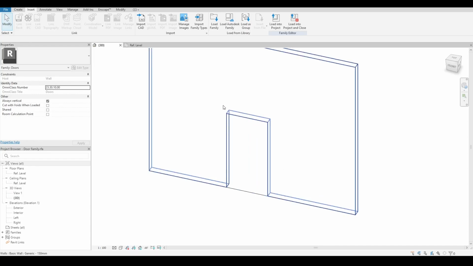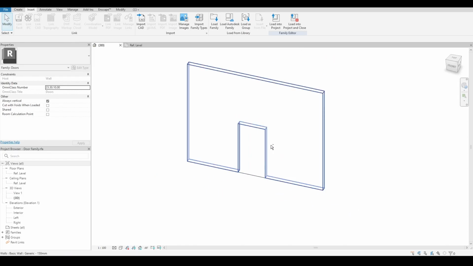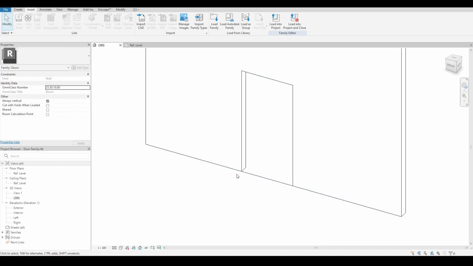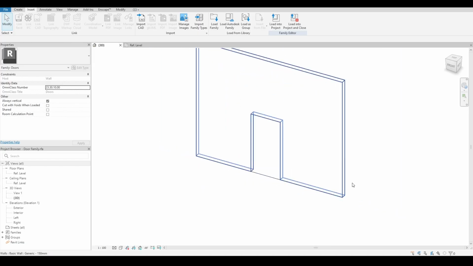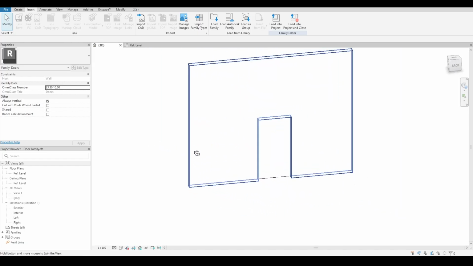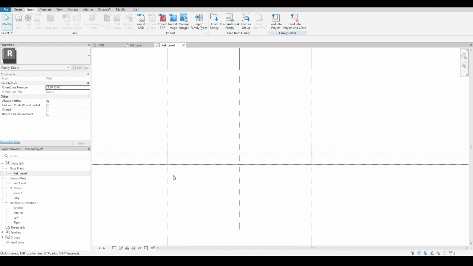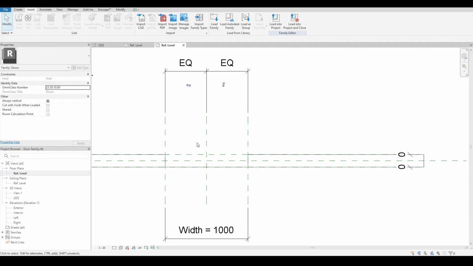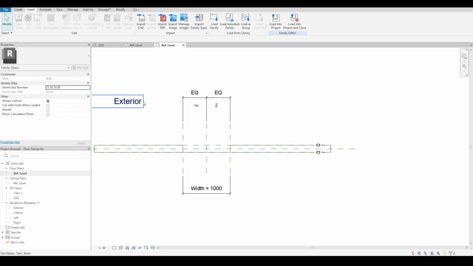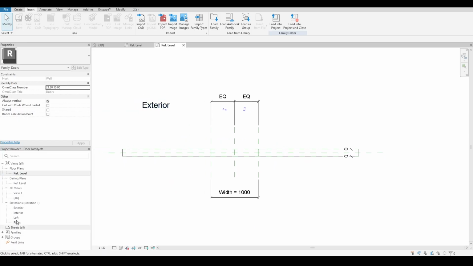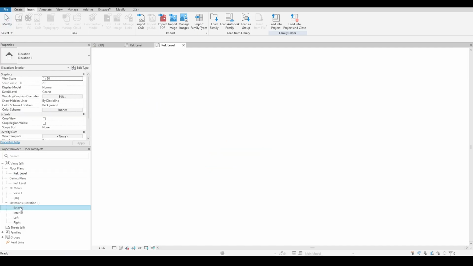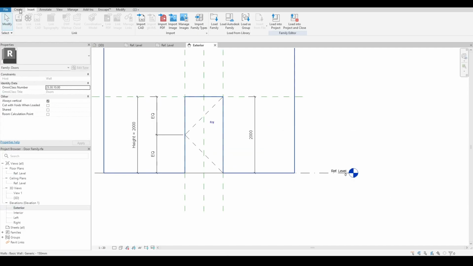In order to create our profile around, we want to create it on two sides. We want to create our architrave on the inside or the interior and the exterior side as well. So you can see in plan view, there's going to be a profile here and here. So let's do the exterior side first. So to do that, we will click on exterior and we want to go to